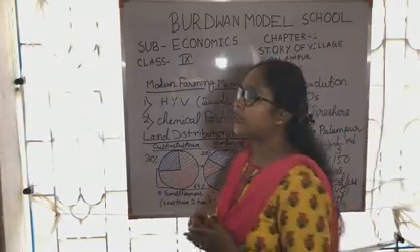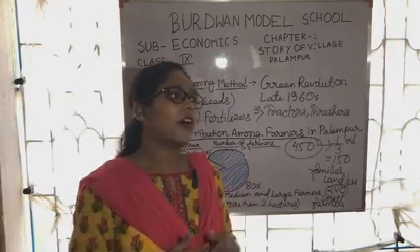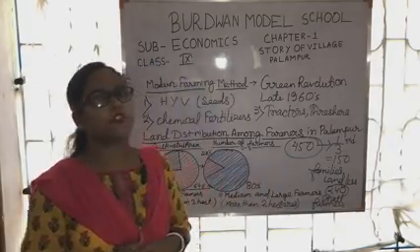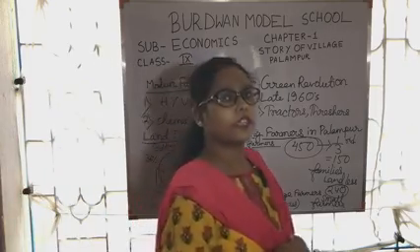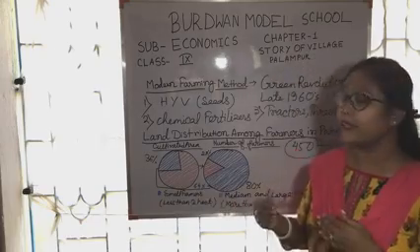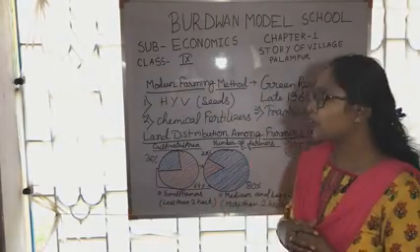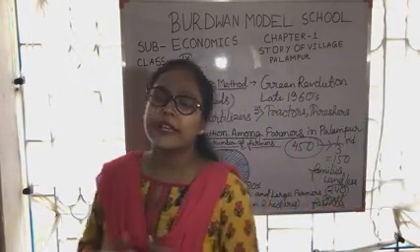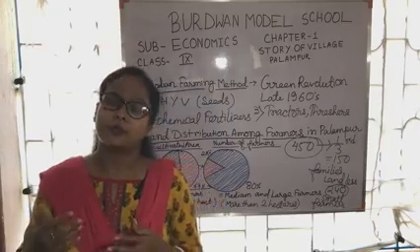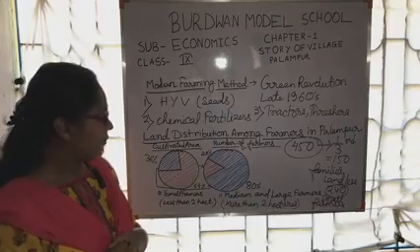And after that, they use modern technology, irrigation. But this amount of land is not enough for them to meet their basic necessities, and they cannot live their life comfortably. So they are also looking for some work during part of the year. This is the land distribution among farmers.